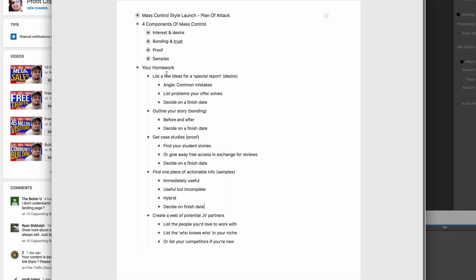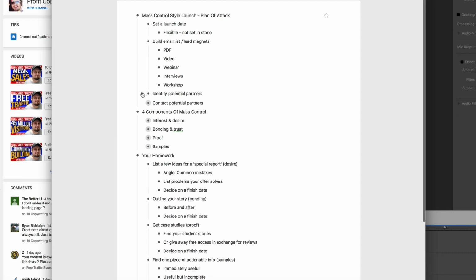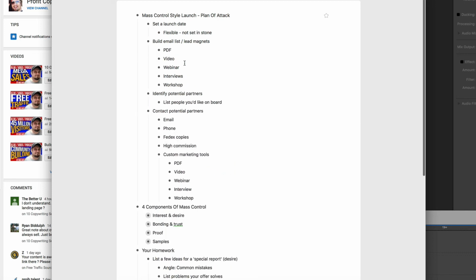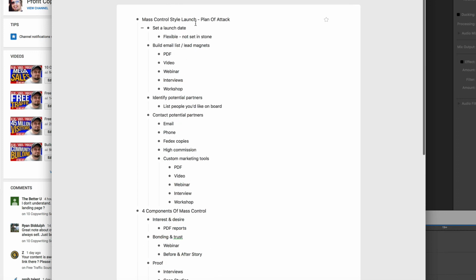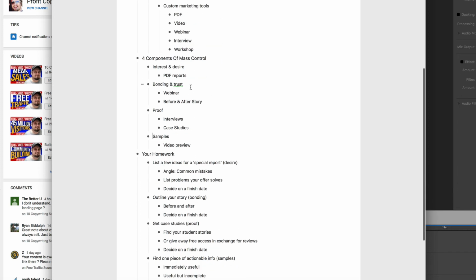So that is it. That is all the components that we're looking at the moment for this mass control launch. Let me run you through everything again so you can see just how much stuff we've covered in a short space of time. So we've actually done quite a lot of work today, and I know it hasn't really felt like it. So you've got to set a launch date, build that email list, identify partners, contact potential partners, and then the types of content that you need to create for your lead magnets and pieces of content to deliver